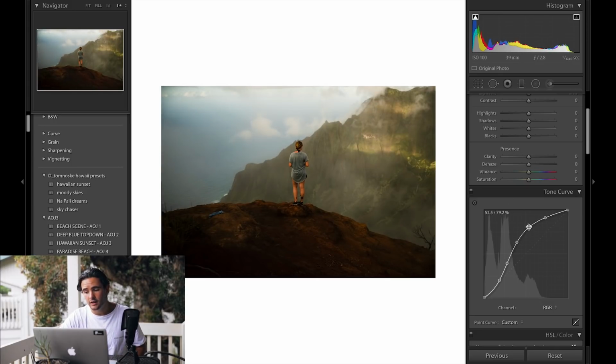You can also go ahead and add more points onto the tone curve around the middle and just play around with that. You can add one up here. You could even bring these back a little bit to emphasize the subject a little bit more. You could bring them up if you wanted to, and it's as simple as that for emphasizing a light source